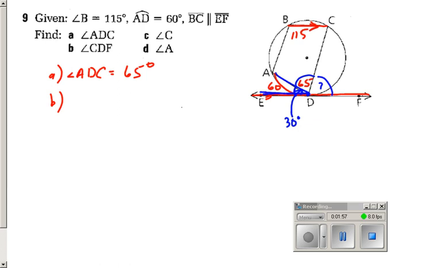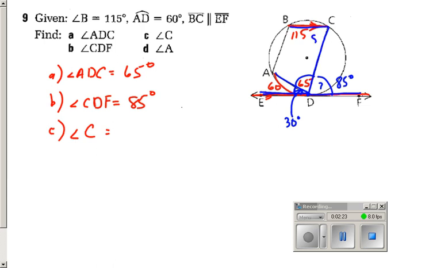65 and 30 make 95. So my angle is going to be 85. But just to make sure, I'll check it in my calculator. So then I know that this is 85. Okay, so angle CDF, part B, equals 85 degrees. Part C, angle C now, because these lines are parallel, I know that the Z shape is